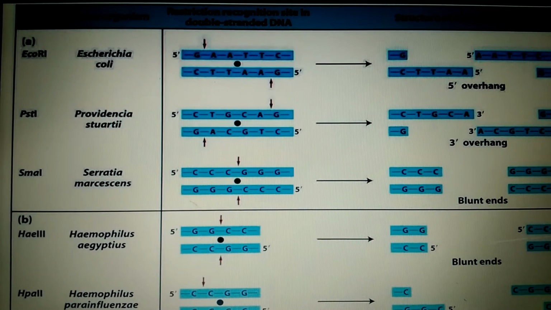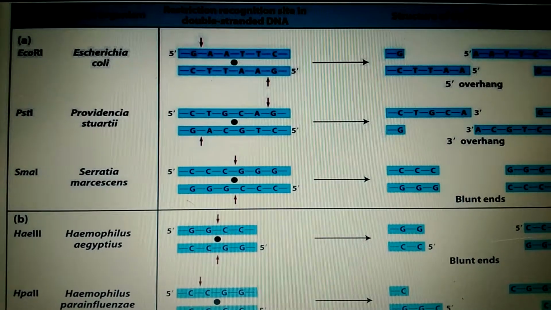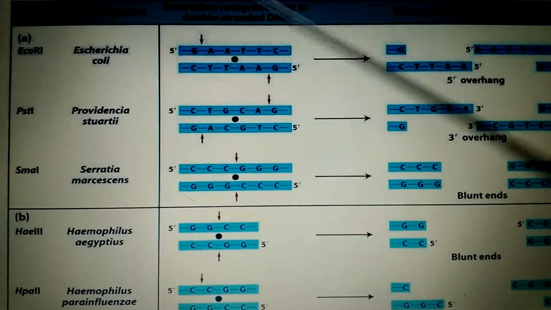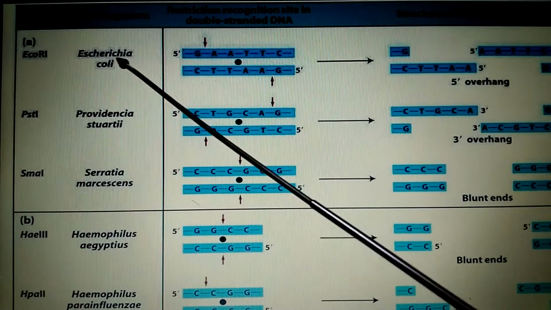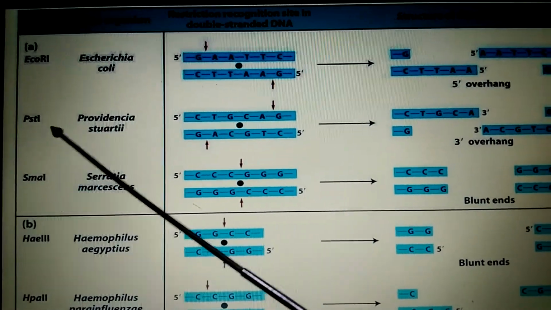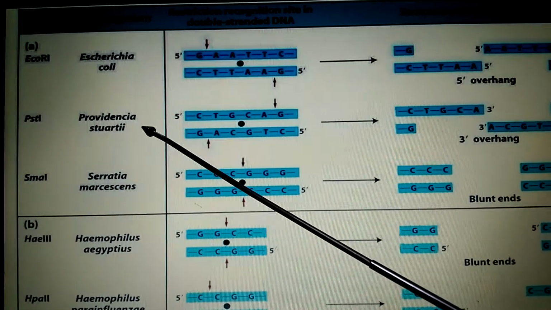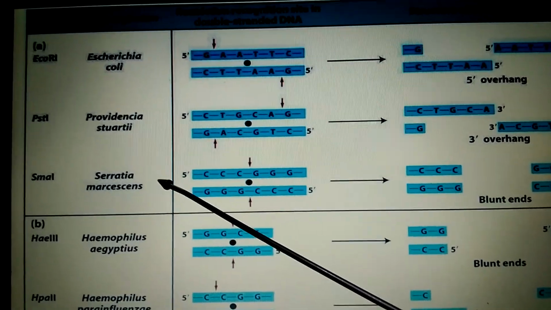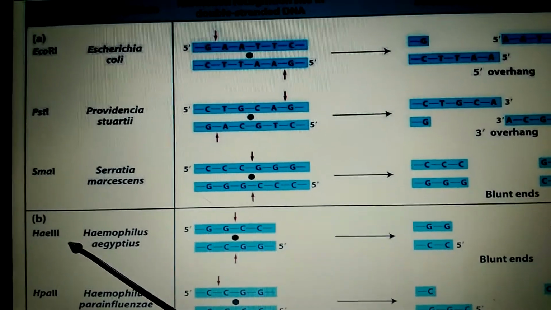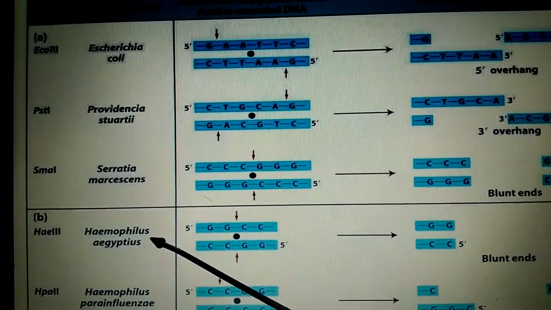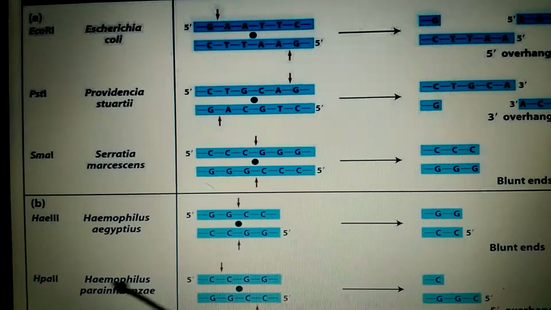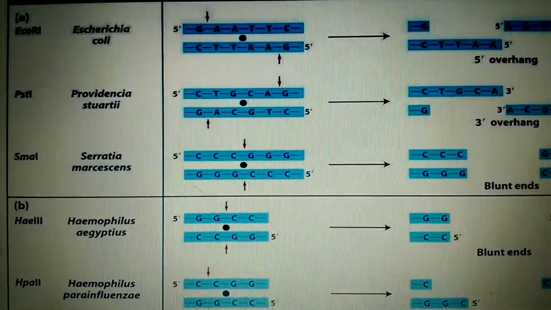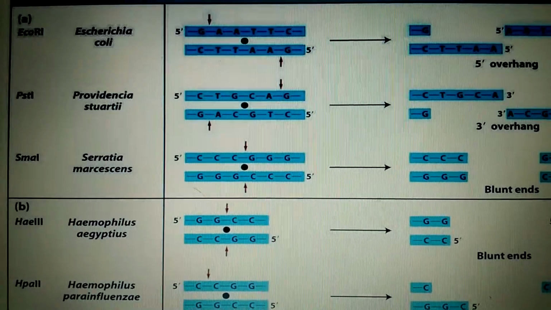And these are a few examples that have been isolated from bacteria. EcoRI has been isolated from E. coli, PstI from Providencia stuartii, SmaI from Serratia marcescens, HaeIII from Haemophilus aegyptius, HapII from Haemophilus parainfluenzae. So these are a few examples of restriction enzymes.